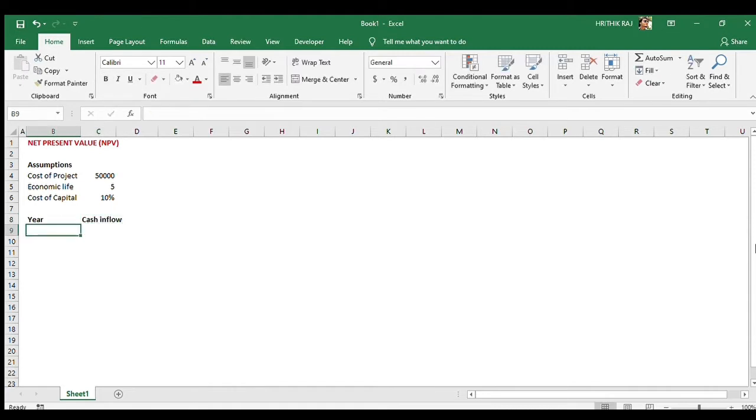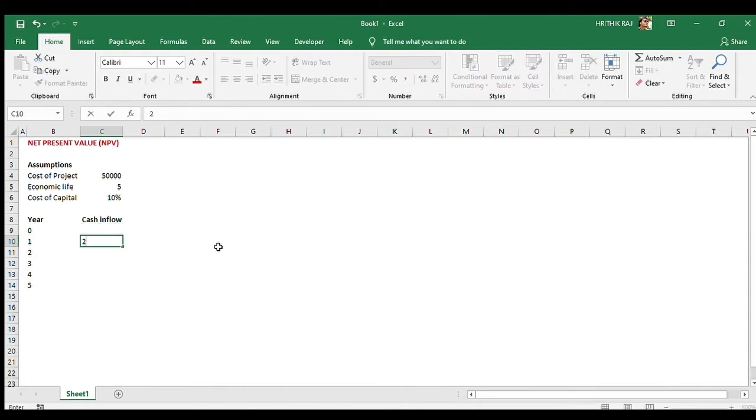In year column, we have to write down 0, 1, 2, 3, 4 and 5, as our economic life is of 5 years. In cash inflow, we have to assume some cash inflows. For first year, let's take 20,000. For year 2, let's take 18,000, right?